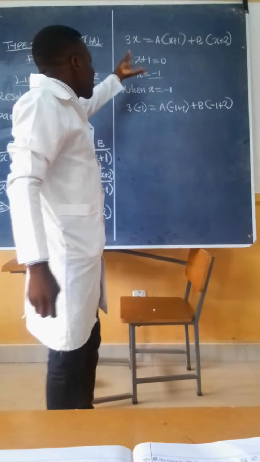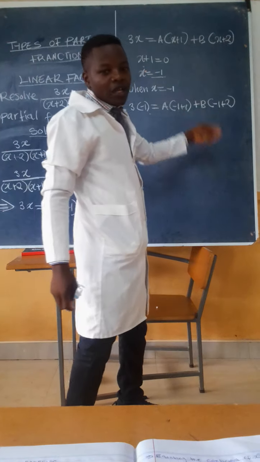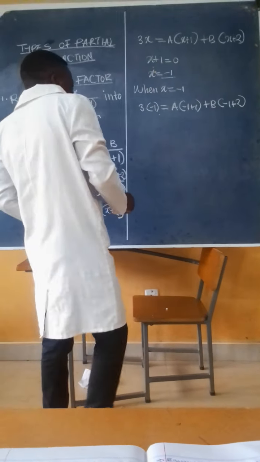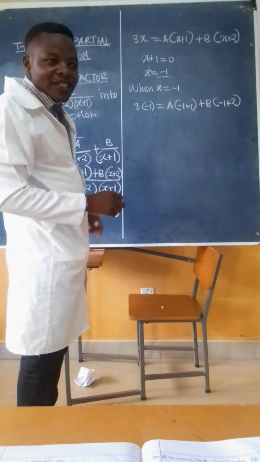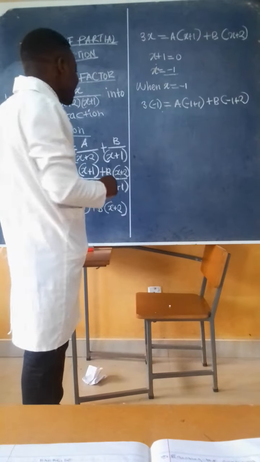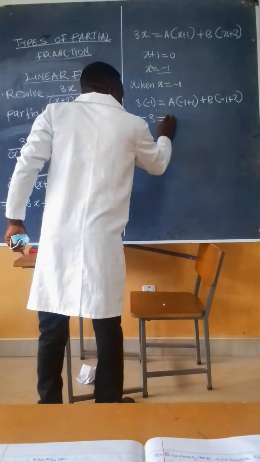So we'll see which constant is cancelled by getting x equal to negative 1. So we simply say 3 times negative 1. What's the answer? Yes, the answer is negative 3, which is equal to